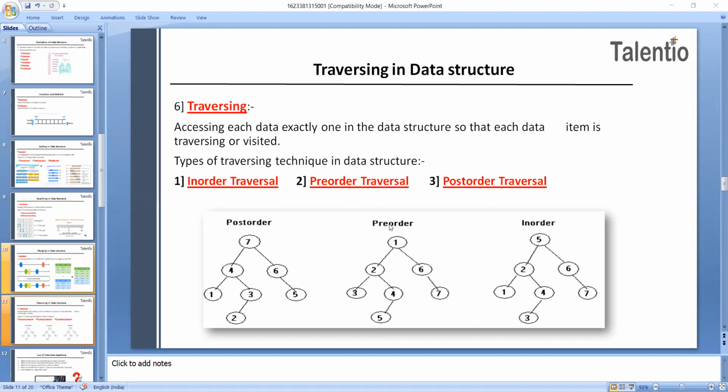But now in the pre-order method, what are we going to do? We are starting with the root node itself. In this traversal method, the root node is visited first, then the left subtree, and then the right subtree. How will you visit? You will first visit the root. Once you are done with the root, you will move to the left subtree and finally the right subtree. Let's take a very simple example.